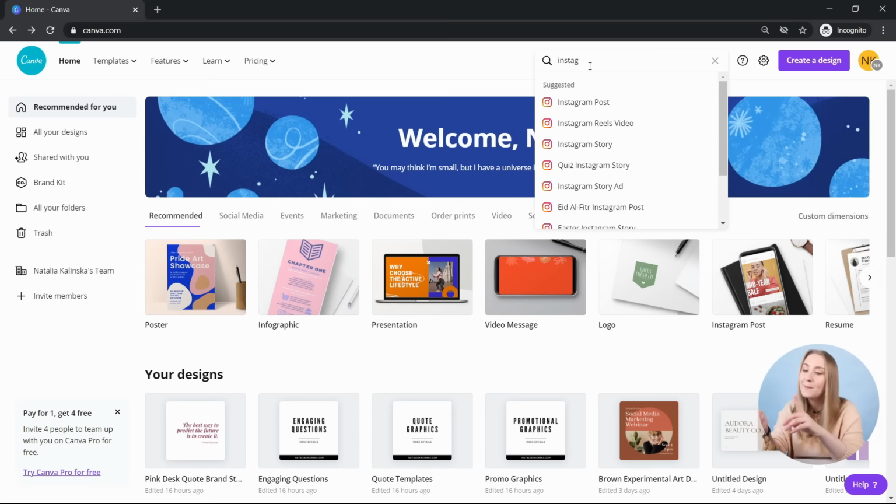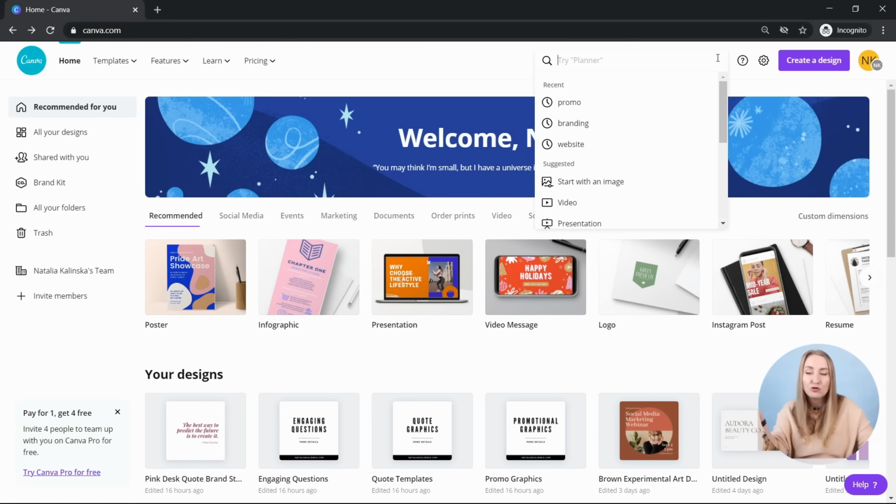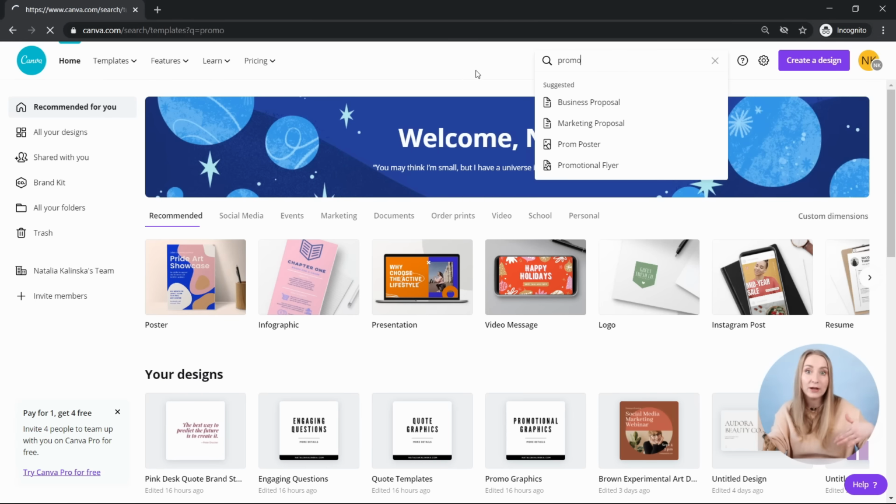You've got your Instagram post, Reels video, which is a new feature, so it's quite good that they've already applied that to their program. They've got Instagram story, quiz Instagram story, and more specific designs for Instagram. This is how you can quickly brush through what they offer, and it's a great way to find it without scrolling forever.